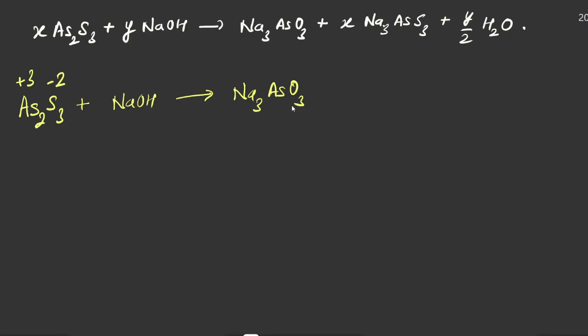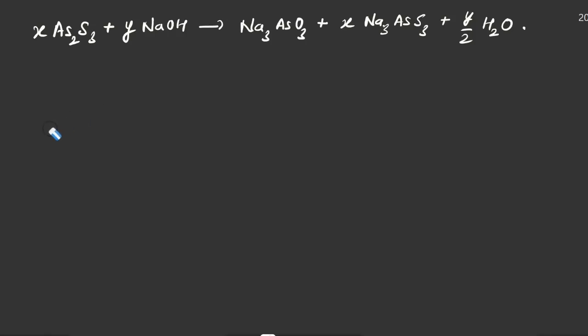Okay, it is not a redox reaction, right? Simply we balance it. Arsenic is already balanced because arsenic is 1 in both the cases. In case of sulfur, we have 3 sulfur. Sulfur is balanced, arsenic is balanced. So we are left with